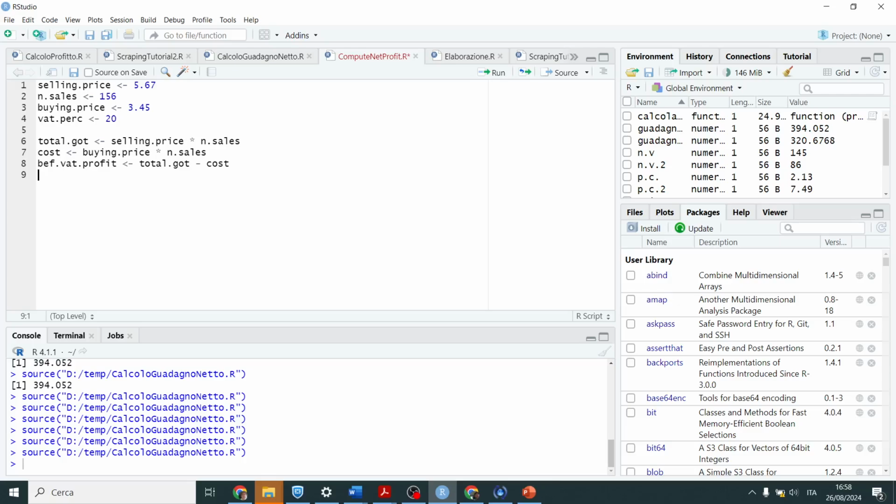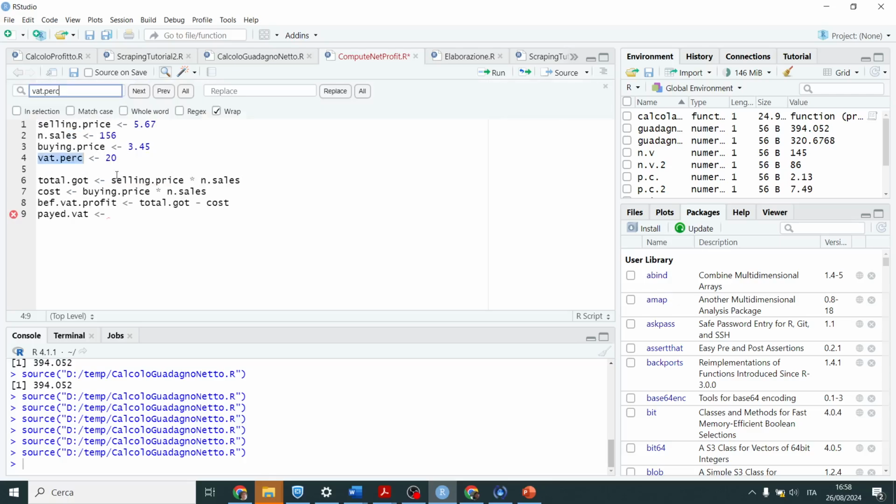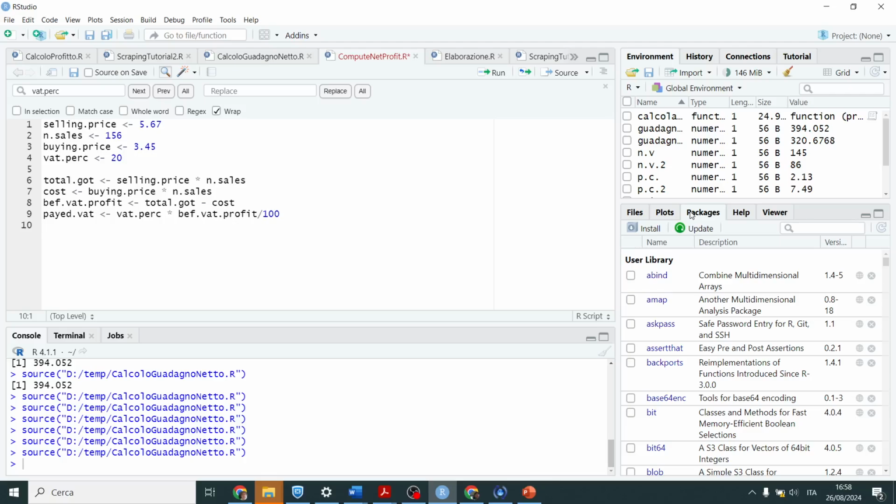So I have to compute first the paid VAT that is given by the VAT percentage multiplied by this profit divided by 100, and then in the end I have the net profit